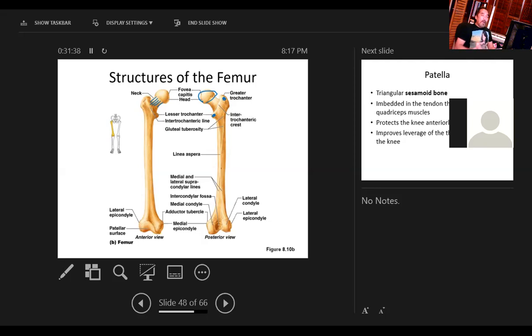Okay, so again, I'm going to start by looking for a landmark first before we go on. The posterior part has a depression on the distal end of the femur, and that depression is called the intercondylar fossa. The front has no depression. It is called the patellar surface because that's where the patella sits. So now I've got my intercondylar fossa as my landmark, distal end that is posterior, and I've got the